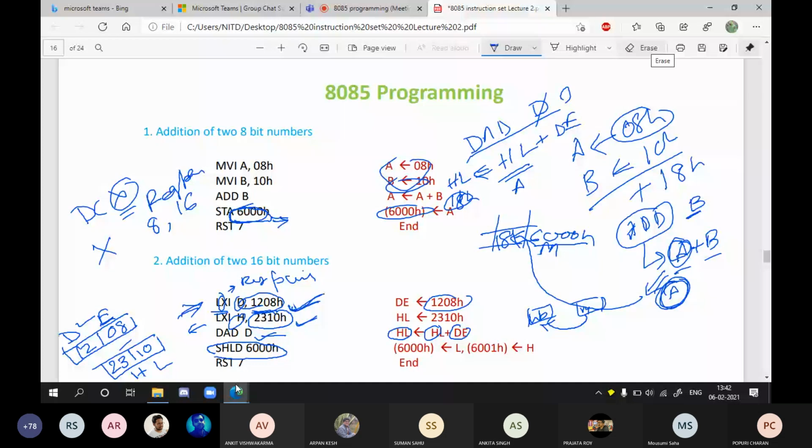What if there is a carry? Yeah, carry you can handle in a different way. That is very, sorry,